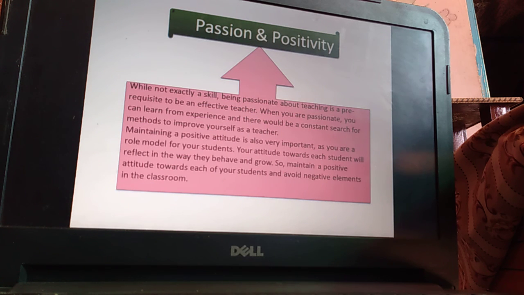And you have to have passion and positivity. While not exactly a skill, being passionate about teaching is a prerequisite to being an effective teacher. When you are passionate